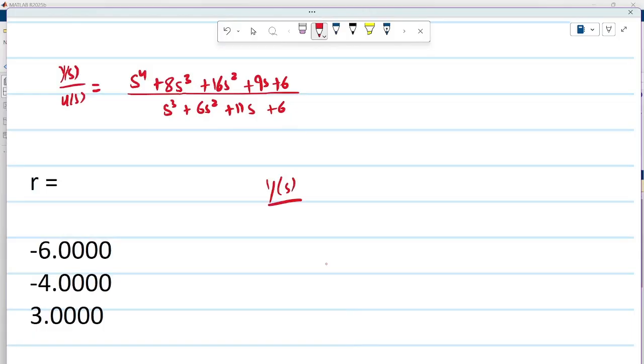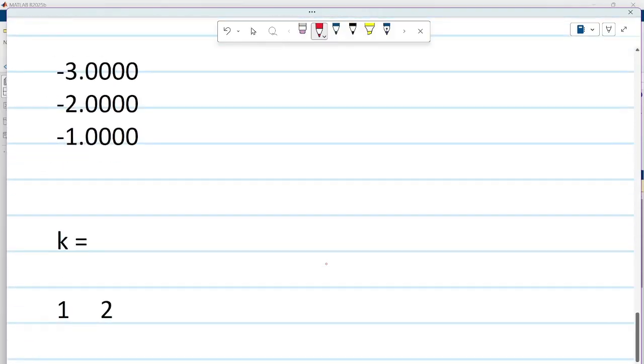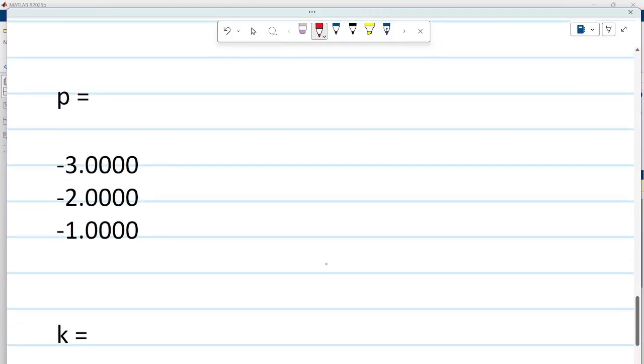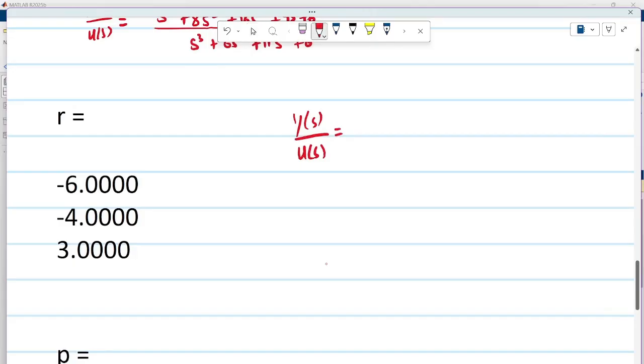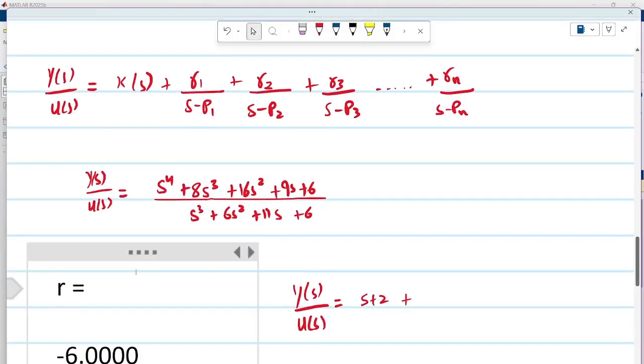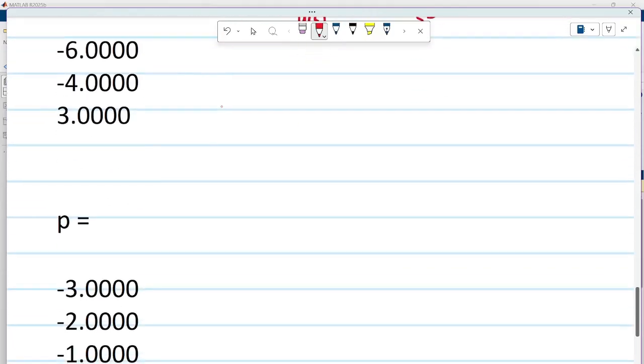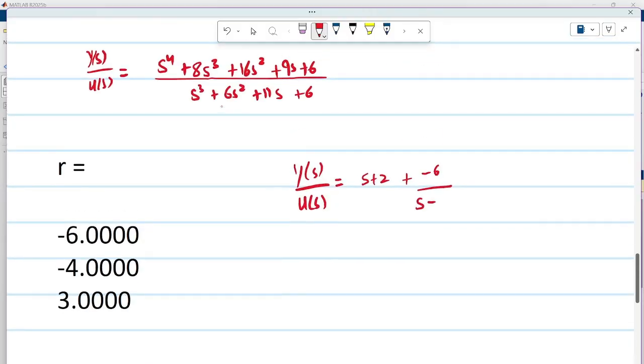Y of s over U of s. The first is K, and K has s exponent 0 and s exponent 1. So you always start with the right side and keep on increasing the power value. So to write the proper term, it's s plus 2, simple. So K is s plus 2, that was the first term, plus the second term is r1 divided by s minus p1. So r1 is actually minus 6 divided by s minus p1. P1 here is minus 3, so minus minus is plus, it's plus 3,